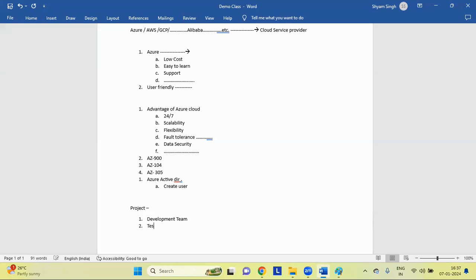Second is the testing team. Third one is the DevOps team. Fourth one is the manager and stakeholders. Correct, guys?